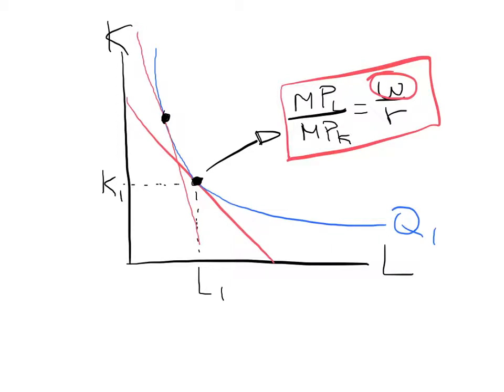Which makes sense. If labor becomes more expensive, the firm is going to replace some labor with some capital. So you will end up using more capital and less labor because the tangency point will be at a higher point of the isoquant. By the way, this will be the same thing that happens if the rent becomes less, if the price of capital becomes cheaper. Now, on the other hand, if labor becomes cheaper or capital becomes more expensive, then the isocost, again, you're talking about the right-hand side of this equation, the isocost will become flatter, and what you'll have is that the tangency point,